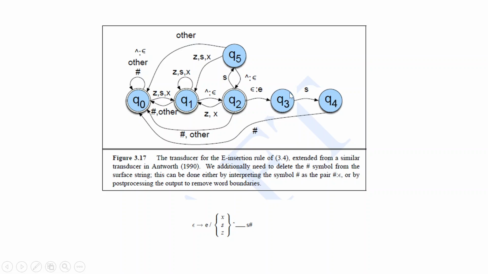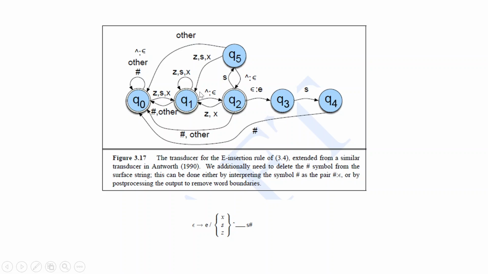These are not final states, because FOX is actually accepted here, and at this state also you can accept it because it is FOX and end of morpheme. Now, once you generate an E, it cannot be accepted because FOXE is not a valid string. Now you come across an S. FOXES. Still it cannot be accepted unless it is followed by the end of word symbol. When this symbol is encountered, you go back to Q naught and then it is accepted. For any other value, you just output it.